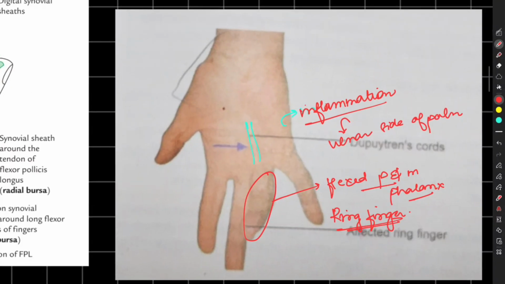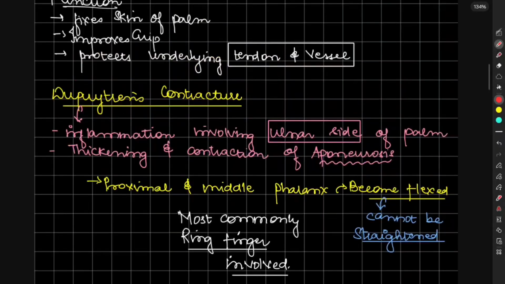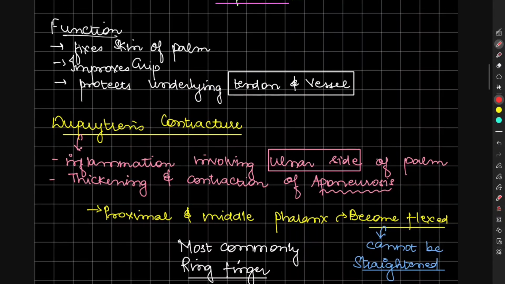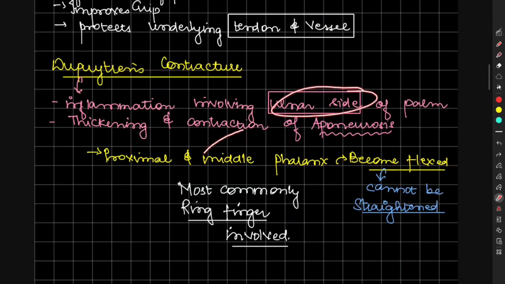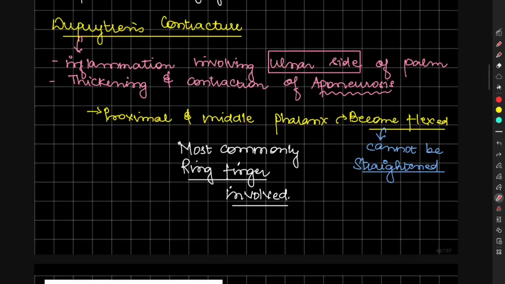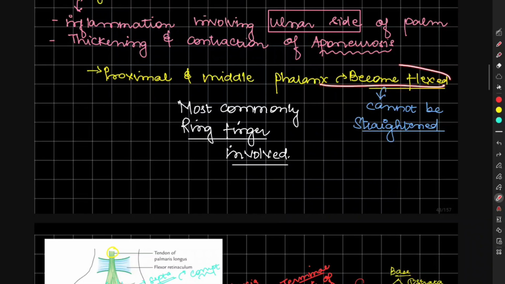So this is the Dupuytren's contracture. I have included in the notes also: inflammation involving the ulnar side of the palm, thickening and the contraction of the aponeurosis. Proximal and the middle phalanx become flexed, cannot be straightened. Most commonly, ring finger is involved. Okay. Now, moving forward,